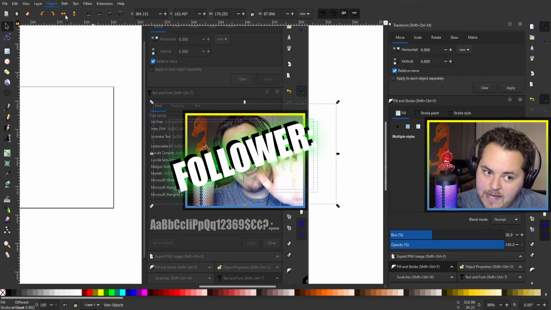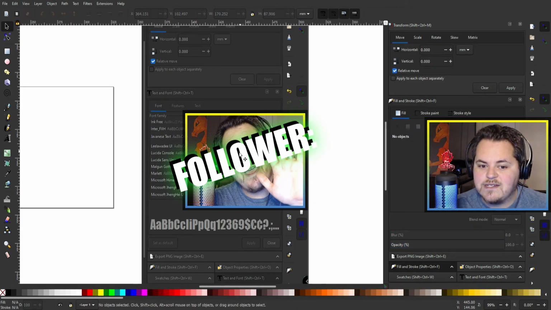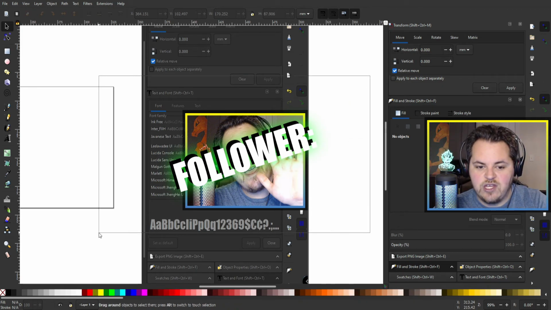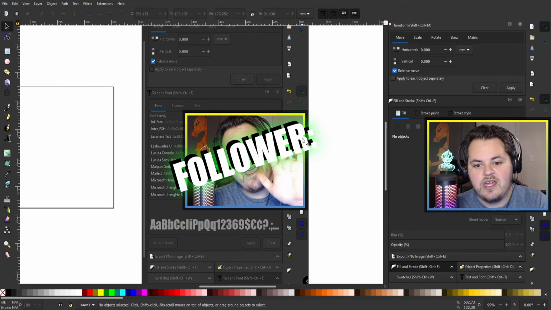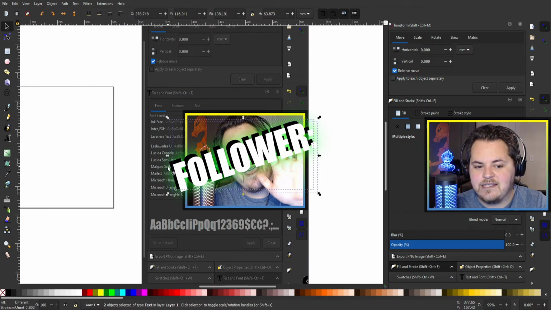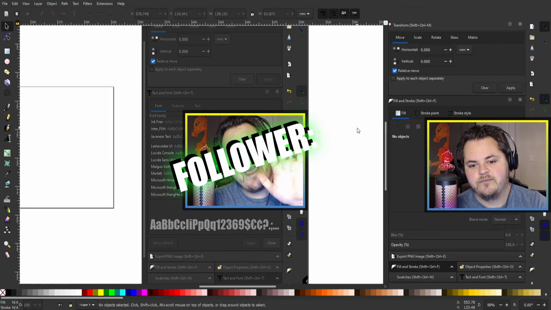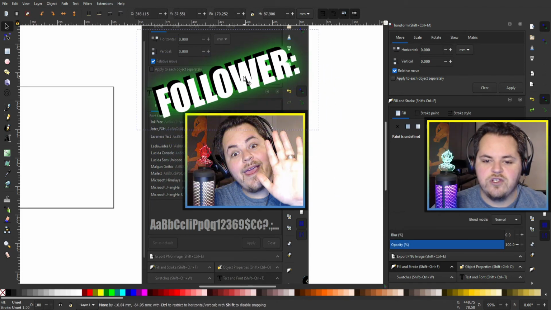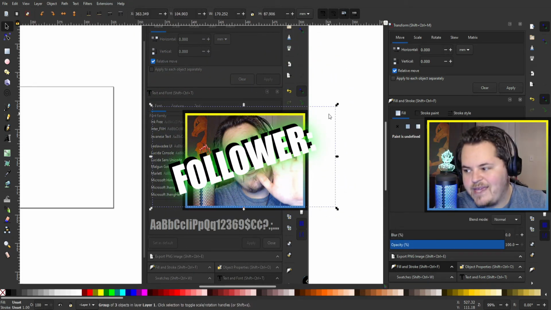If you're unsure how to select multiple things and you didn't know that you could just select all like that, click on the first image, hold shift and then click on the next layer and then the next layer after that. This way, when you group them together, you're all done. So there's a lot of different things that you can do to select multiple things, make it as easy as possible. This is not the most in-depth tour of how to use Inkscape. However, this should give you enough knowledge to create your banner, your borders,